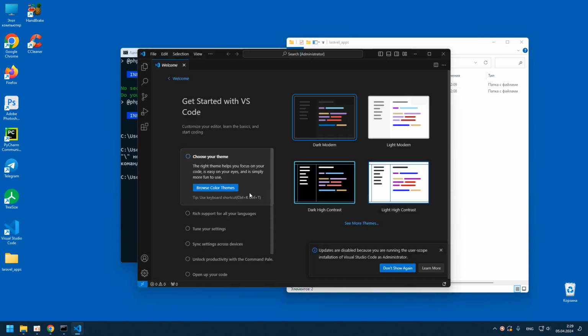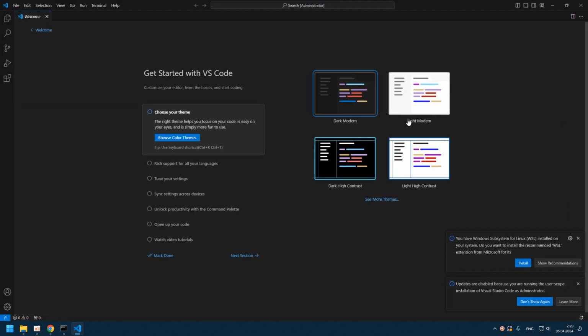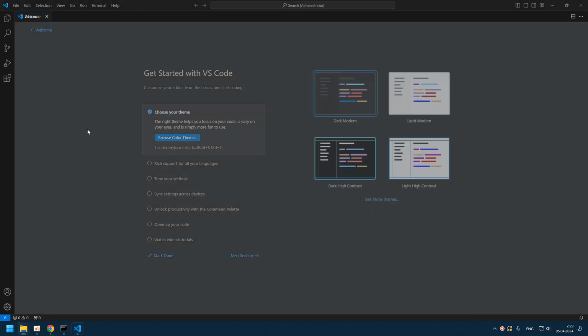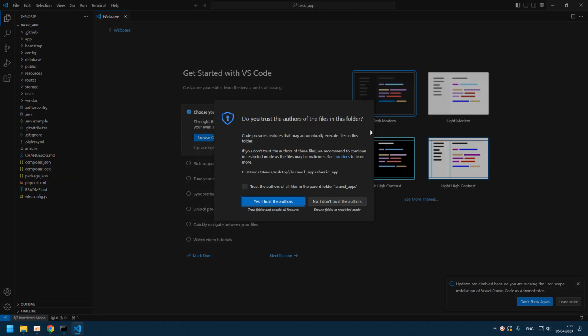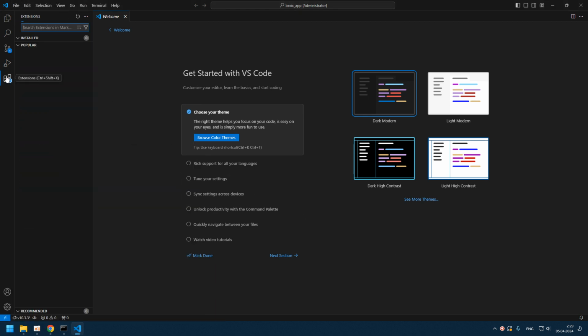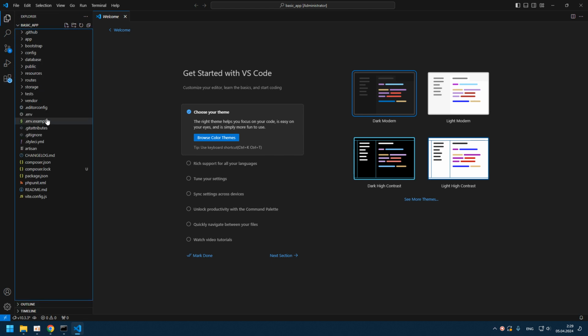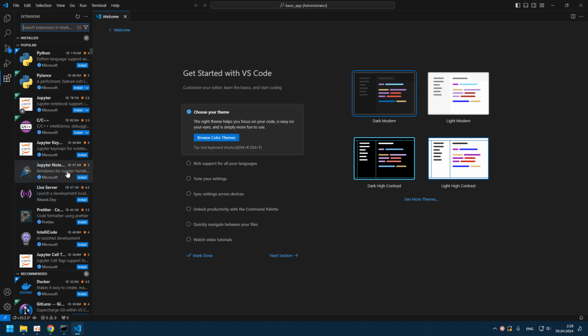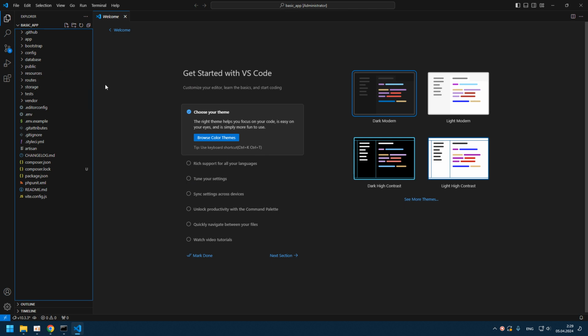So let's think, everything looks like we are running it for the first time. So alright, let's open this project. I'm just using another user, that's why there is actually no additional plugin installed. But actually we don't have to install any additional plugins or add-ins at this point, but the basic